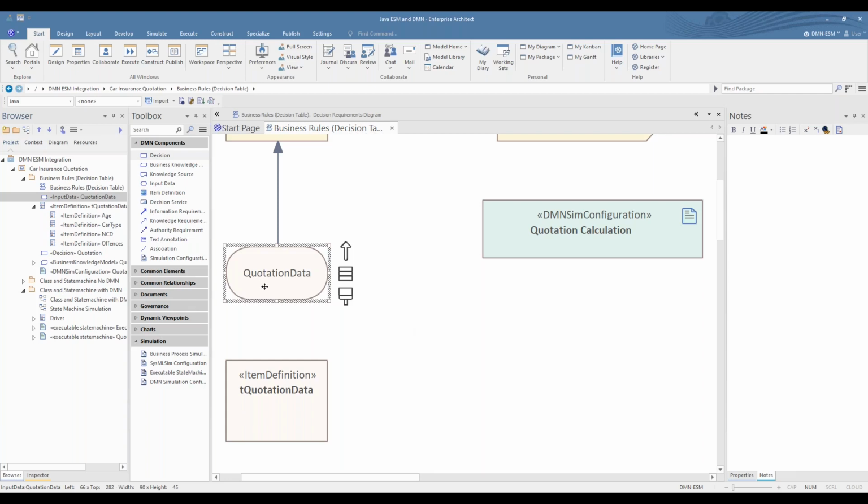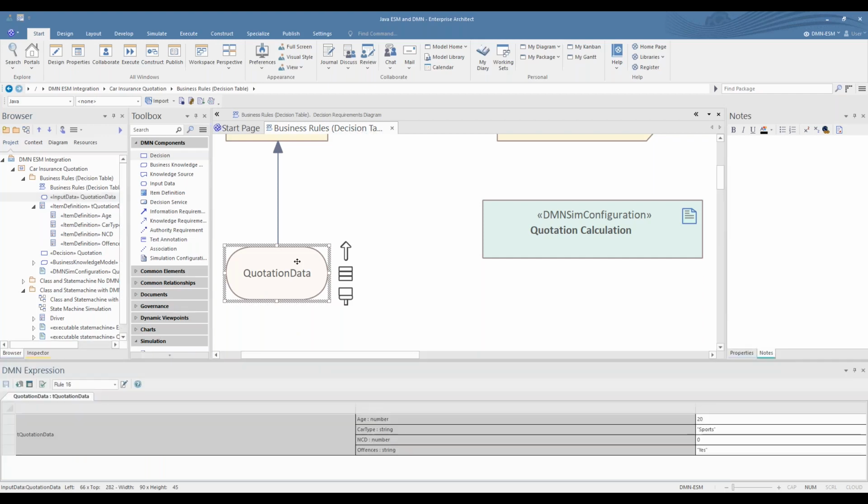So you just create this, which is no real problem. But then, and this is the important part, you need to bind this to this. If you double click this, it opens up a DMN expression.